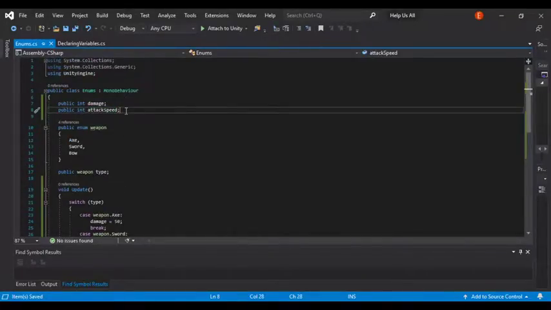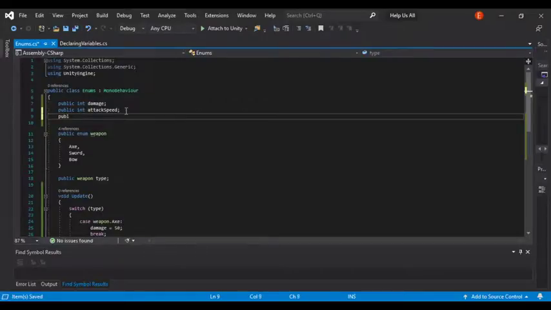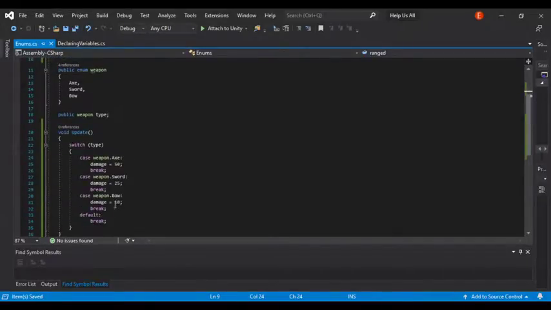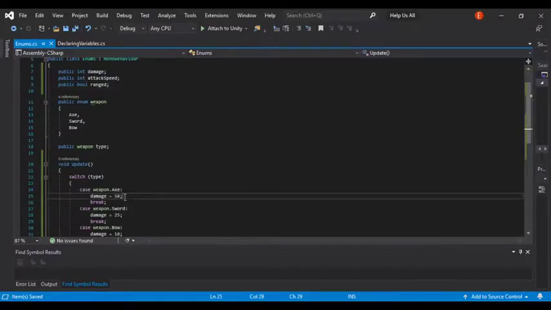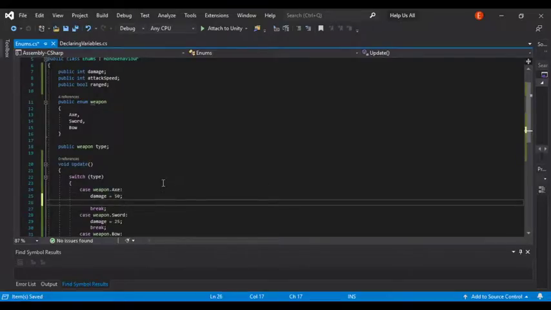So let's just add another public float range. Okay, then the axe. Let's first do the attack speed inside of the axe and the sword and the bow, right?